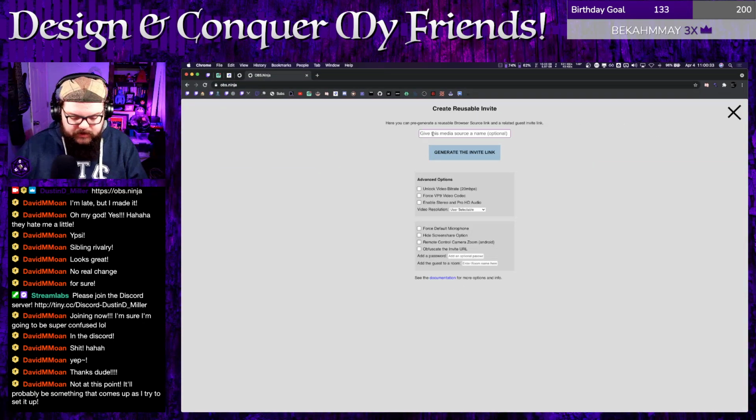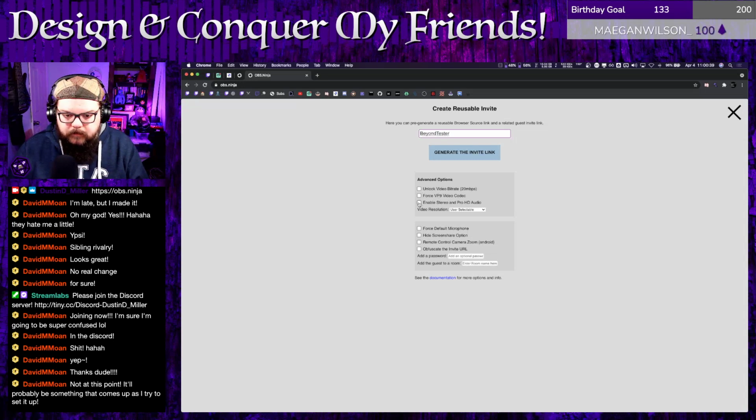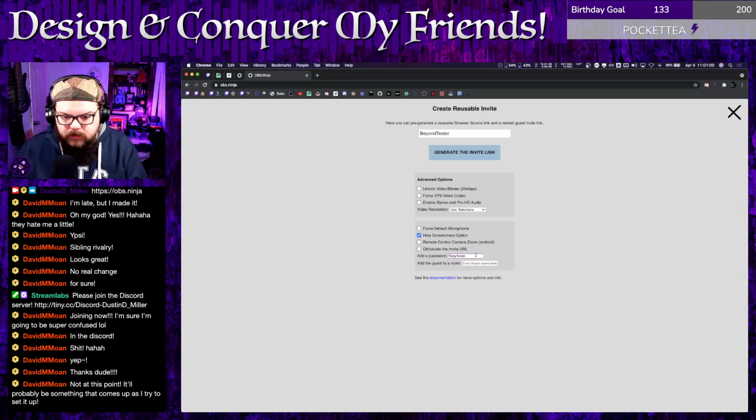If I go in here and just do like Beyond Tester, video resolution, user selectable, I can hide the screen share option if I only want their camera. I can add a password, Testy tester.